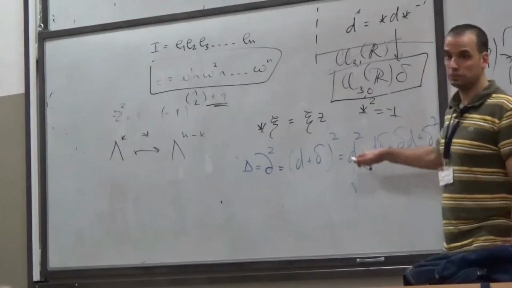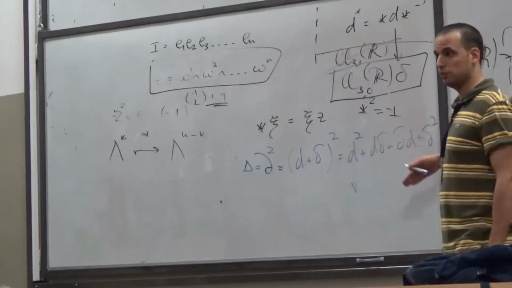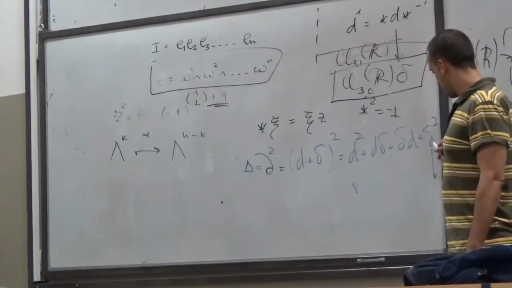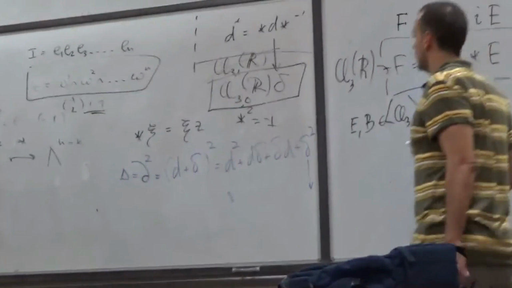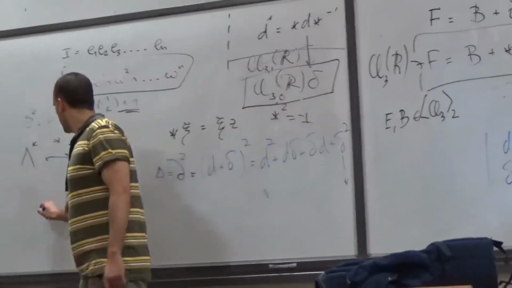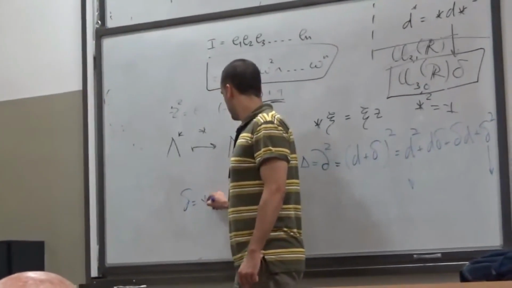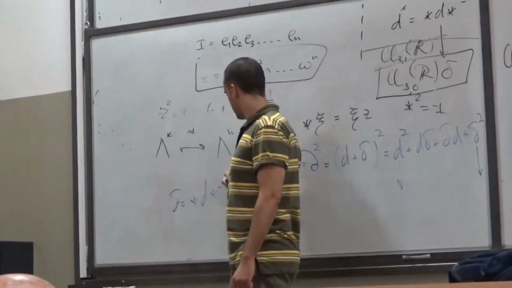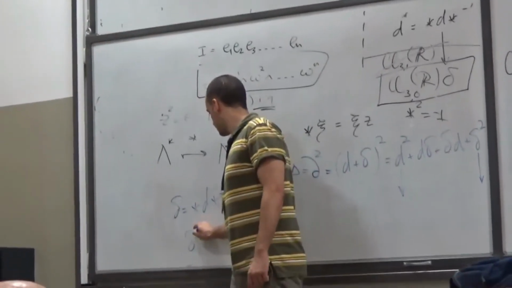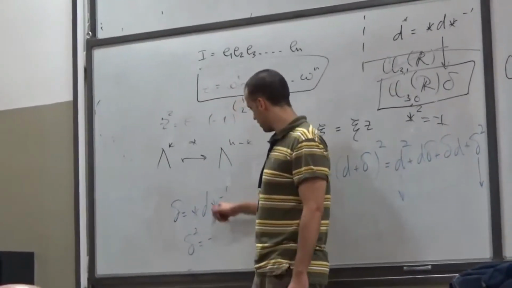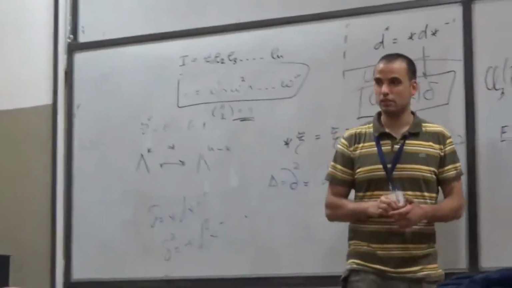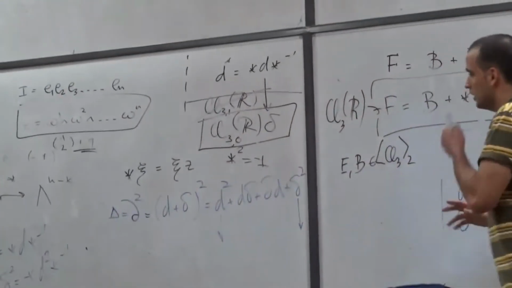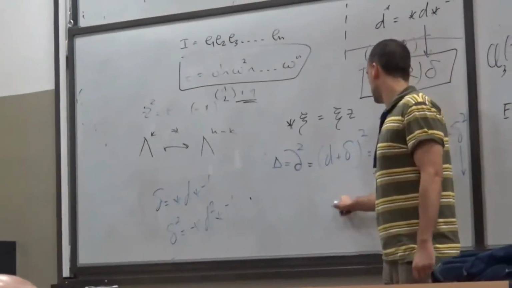For scalar functions we have the same thing. Of course, if d is equal to 0, delta squared is also going to be equal to 0, because this is nothing but d squared conjugated with the Hodge operator. Okay? So, yeah, in the case of scalar functions,